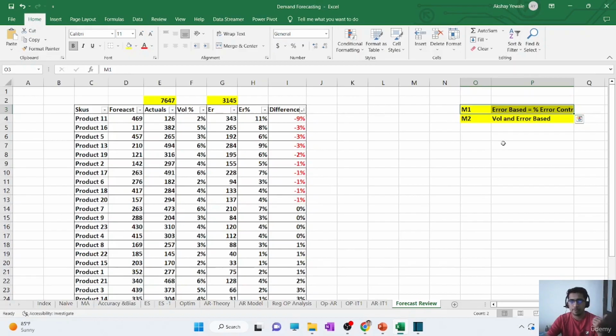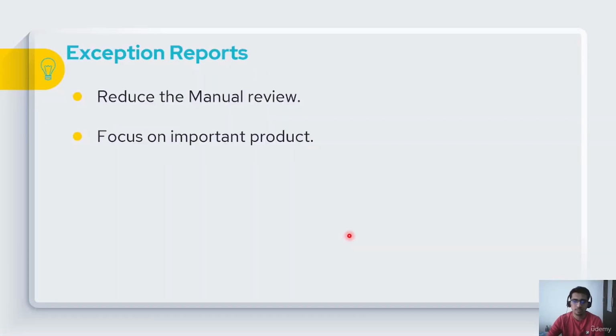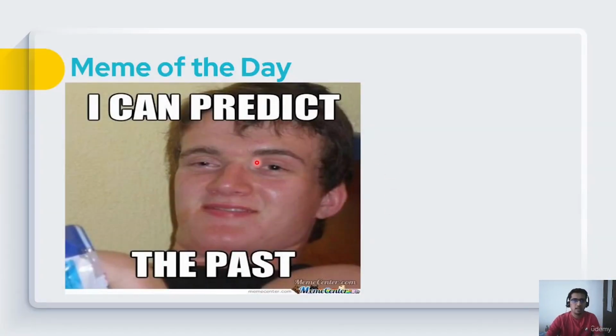error based method. So this is how you can prioritize the SKUs you want to review in your forecasting review process, and this is how you can generate your exception report. So this is what I had for this lesson, and let me just end with a meme